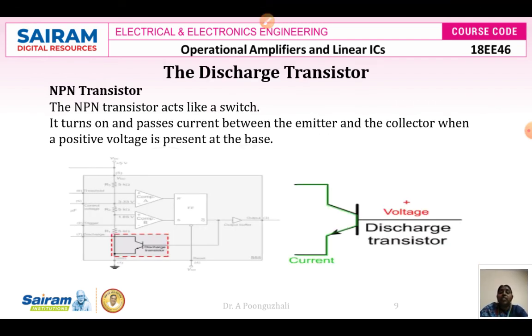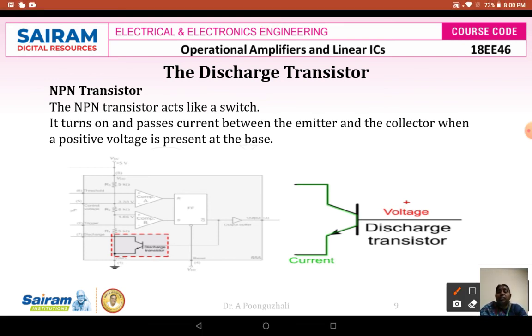Next is your discharge transistor, an NPN transistor there. So here we are going to use an NPN transistor. When this Q bar is 1, your base terminal is 1. That means your base emitter is going to be forward biased. When base emitter is forward biased, this transistor is going to conduct. If this transistor conducts, it will act like a closed switch. If it acts like a closed switch, the capacitor will be connected to this discharge transistor. Whatever voltage was generated across this capacitance, all this charge will get discharged through this transistor to the ground terminal there.